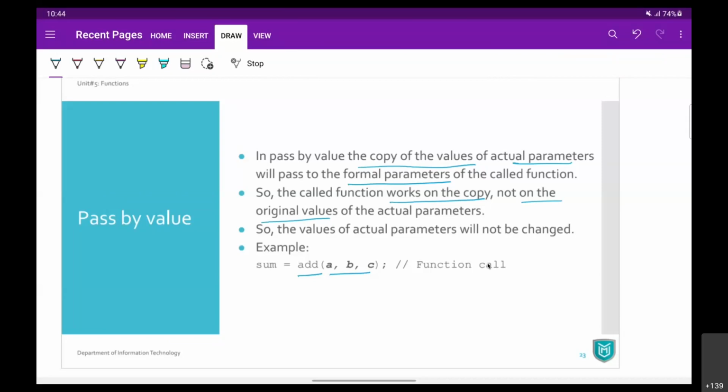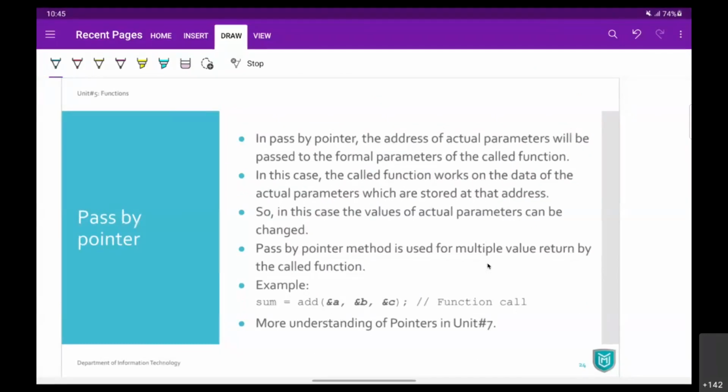We had seen this example in the previous lecture also. If we declare variable D inside main as well as in another function, then that is a local variable. It is not going to affect any other variable. Similarly, A, B, C are inside main. Add function के अंदर वापस ABC ले लो, फिर भी वो उसके local variable हो जाएंगे. Formal parameters are always local to the function, remember. Right? So it is going to be the copy of the actual parameter, and the actual parameter will not be changed.